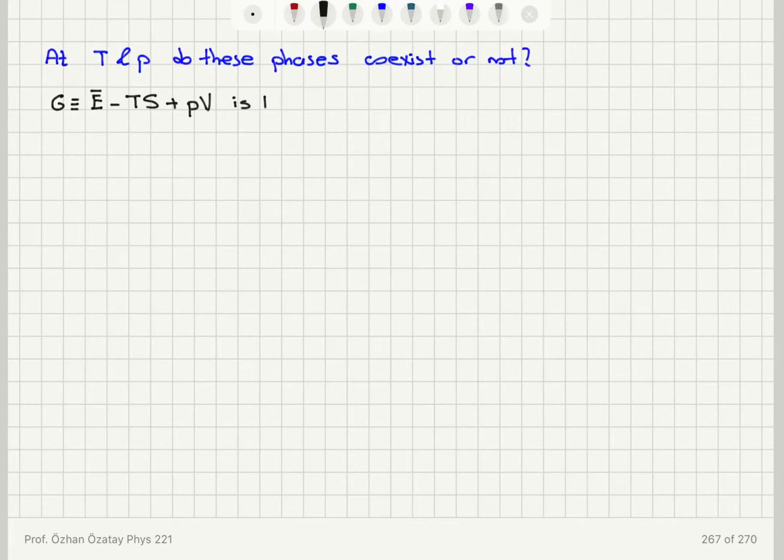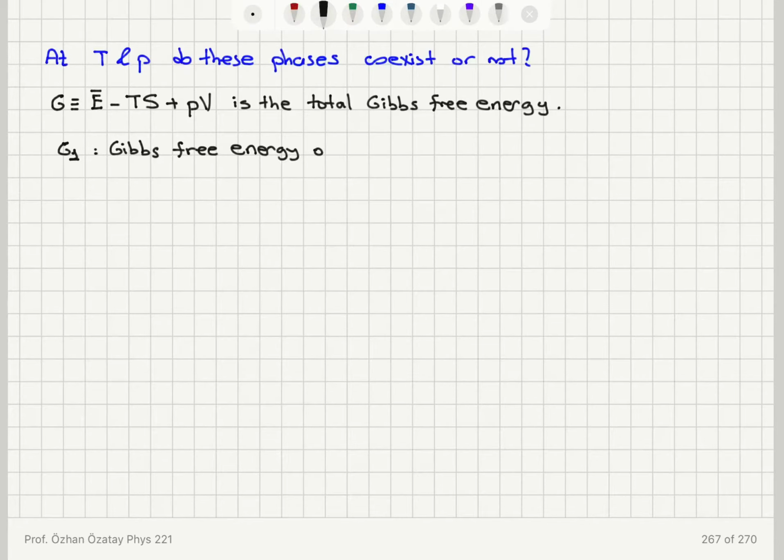So this is the total Gibbs free energy of the system. And it consists of two components. There is the Gibbs free energy of phase 1, and there is the Gibbs free energy